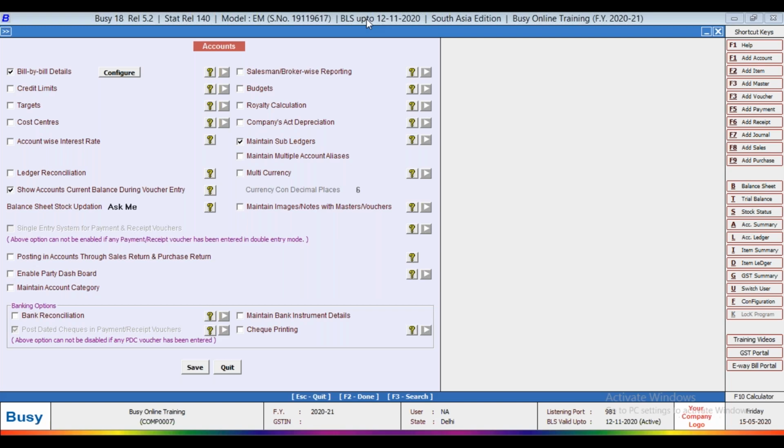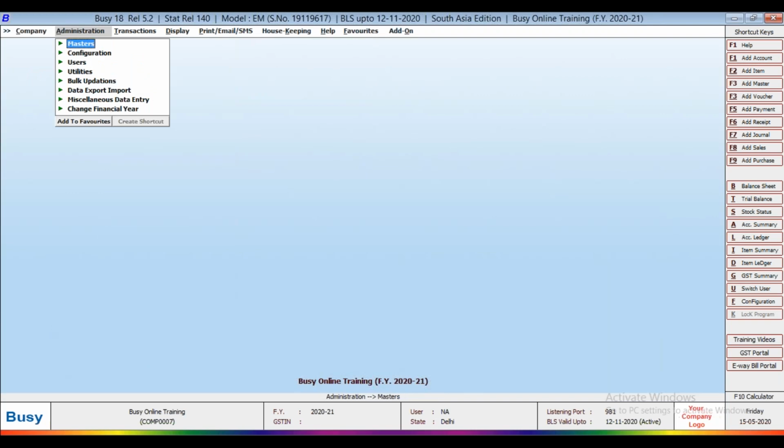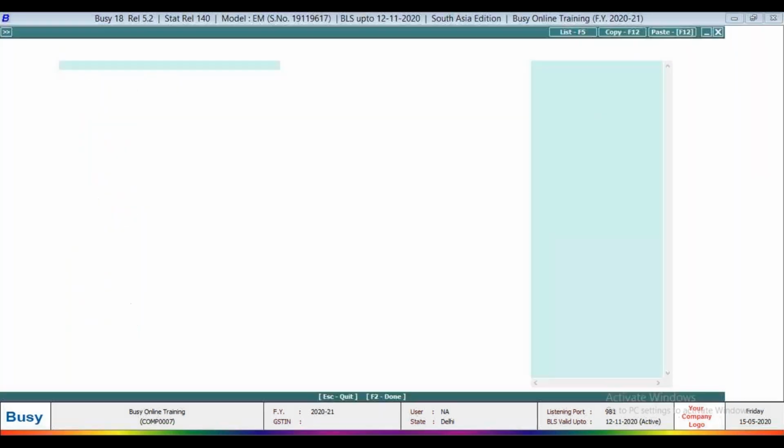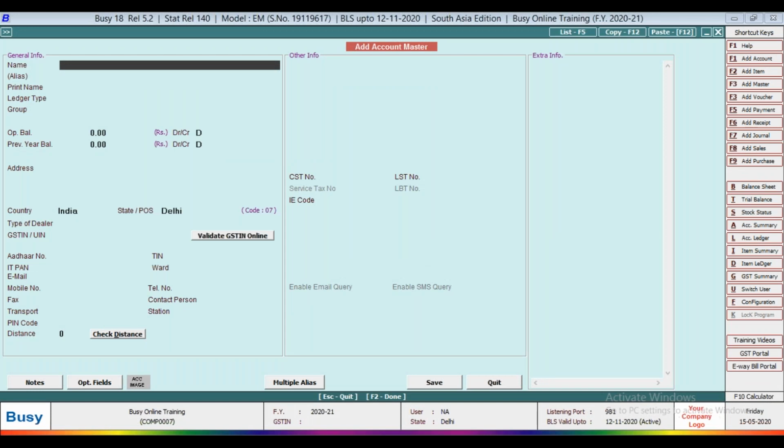So first you have to create account master and choose as general ledger. After that you have to create two more accounts and select as sub ledger under the general ledger of main master. So how can it work? We will see on the screen. Save this option, master, account master, add. Suppose let's say an example.